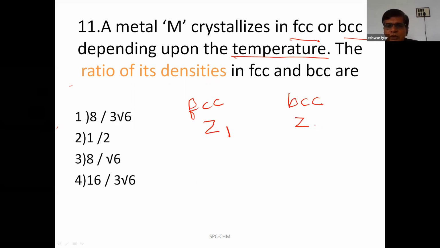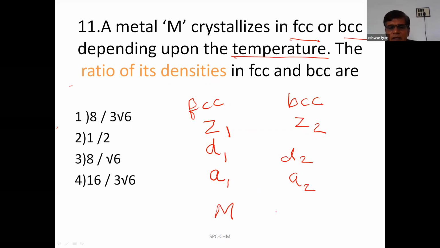Z1, Z2, let me compare. Either density D1, D2. What else will differ? The edge length will differ. The edge length of the unit cell is A1, A2. So only these differ. But the other values which are common: molar mass is the same